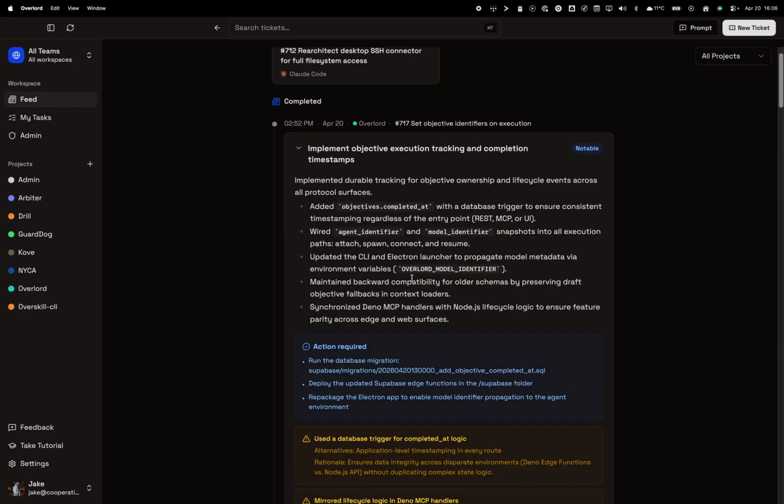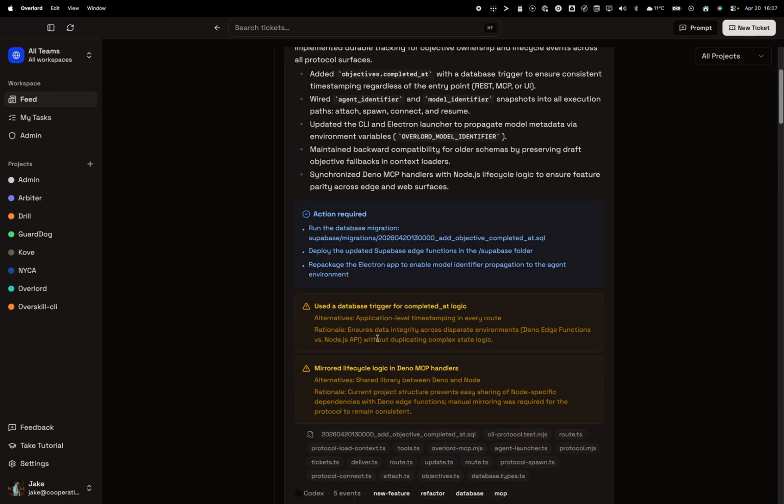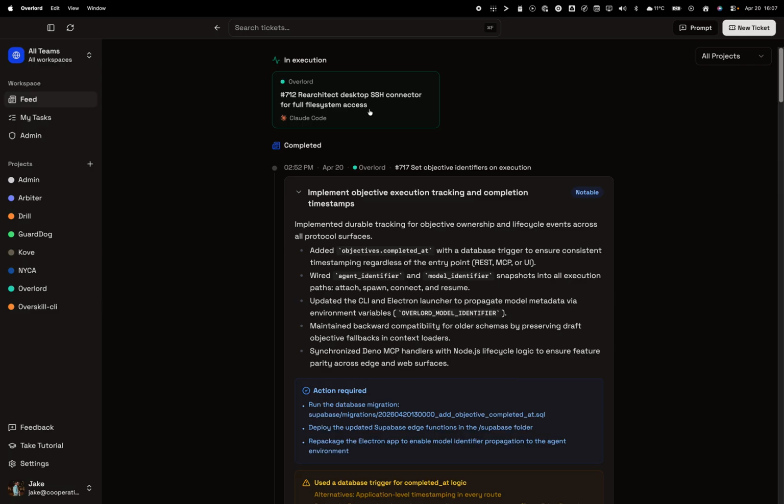But for more detail, I can click this, and it gives me a fairly comprehensive but also concise summary of the decisions it made. Up here is what it did. Here's, obviously, action required. And then it highlights these key decisions that it made in the process of